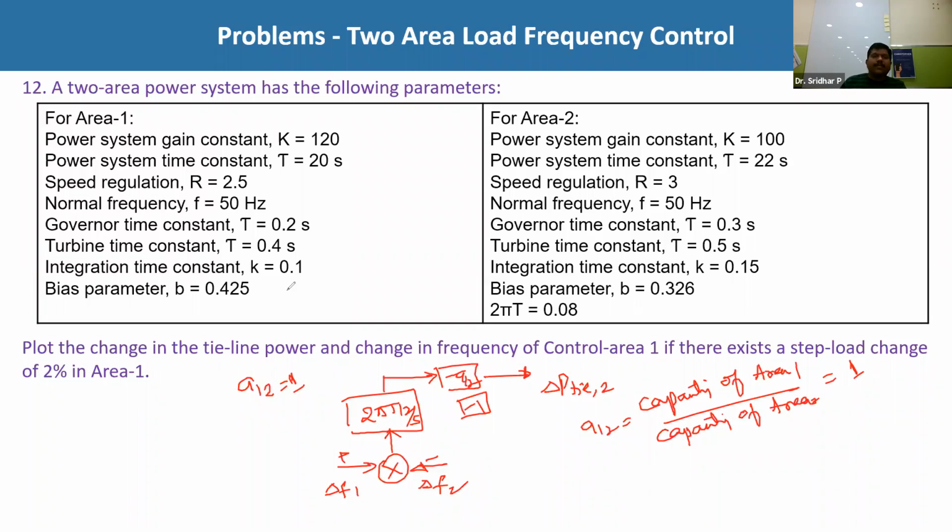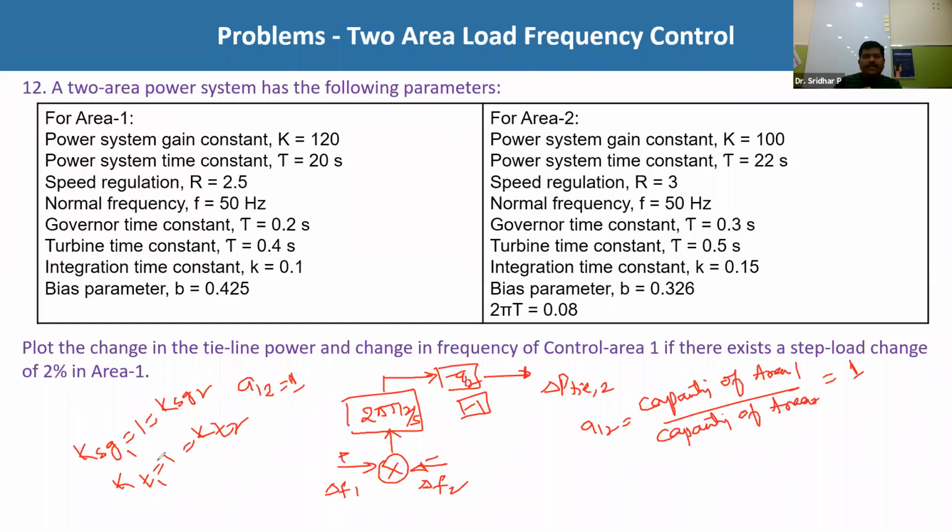Except this, he has given everything else. One more assumption is that you have to treat KSG as 1, and KT also as 1, for both areas 1 and 2, KSG2 and KT2. Except this, all the data he has given in the problem. So with the help of this table, try to construct and send me the waveforms of frequency and tie line powers independently, area 1 separately and area 2 separately, just like we discussed in our last class.